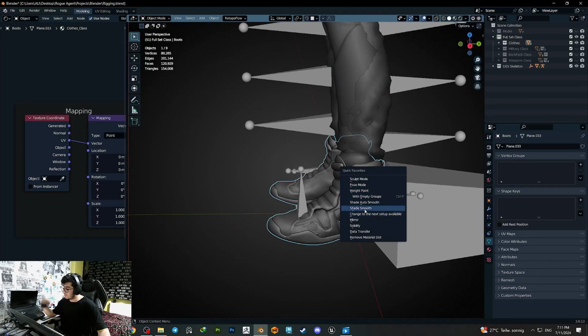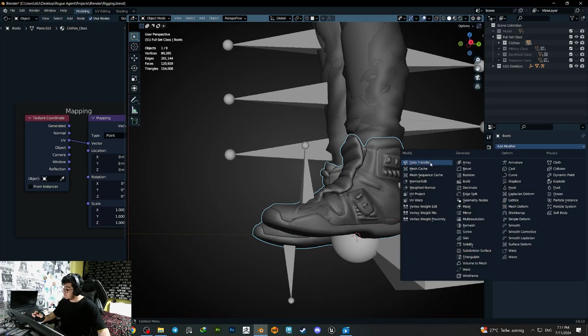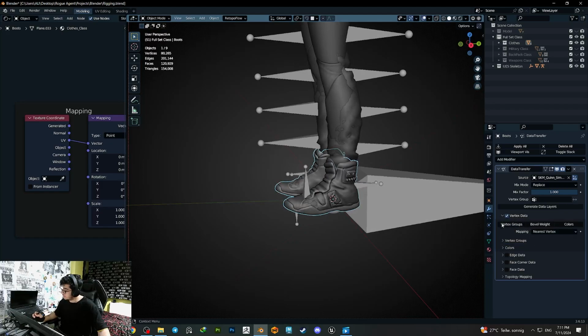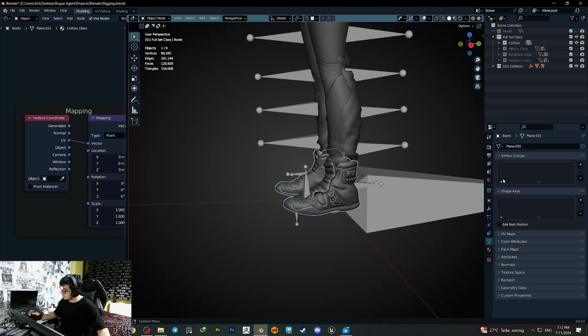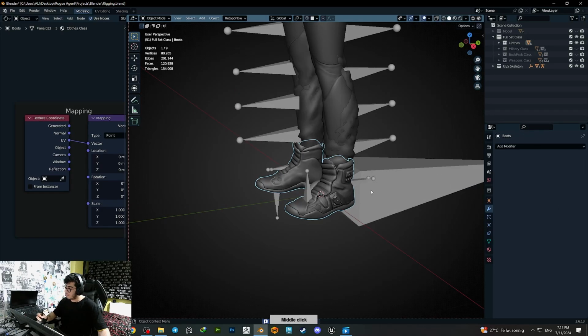Start from bottom to top, though it doesn't matter where you start, just pick the one you like. So we do the same data transfer: select the mannequin, vertex data, vertex groups, and check that you don't have any vertex groups. Generate, apply,